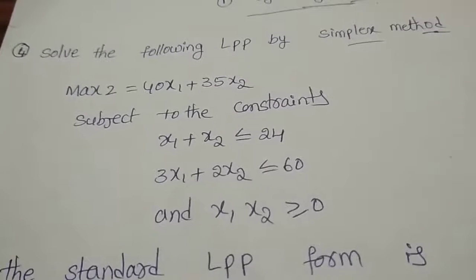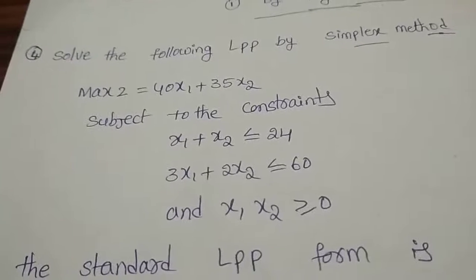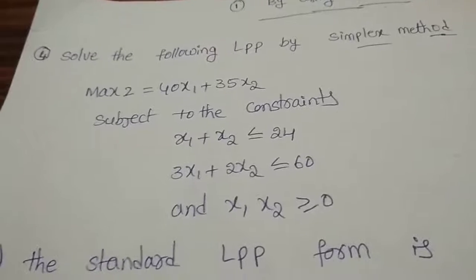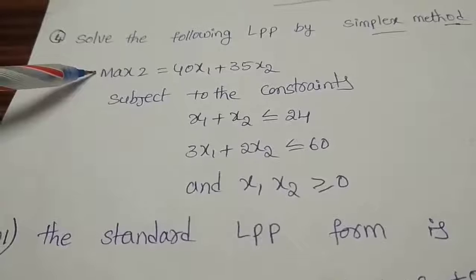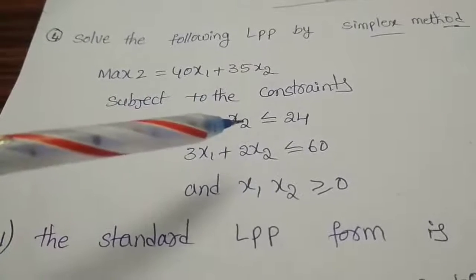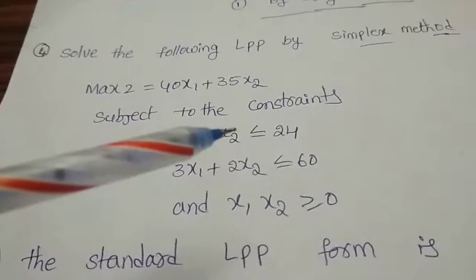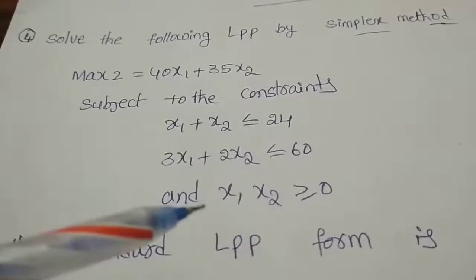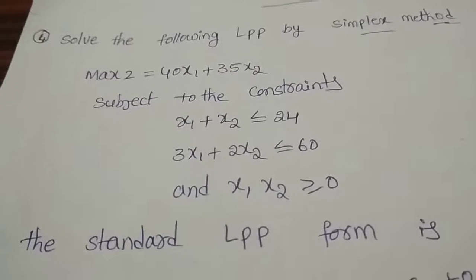Before that, we will check whether we can apply the simplex method to this problem. That means whether it satisfies the three conditions. First condition is the objective function is in maximization form. The given objective function is in maximization form, so the first condition is satisfied. Second condition is the inequalities are of less than or equal to type. That is also satisfied. The third one is the right hand side values must be positive. So therefore we are applying the simplex method here, and also x1, x2 are greater than or equal to 0.